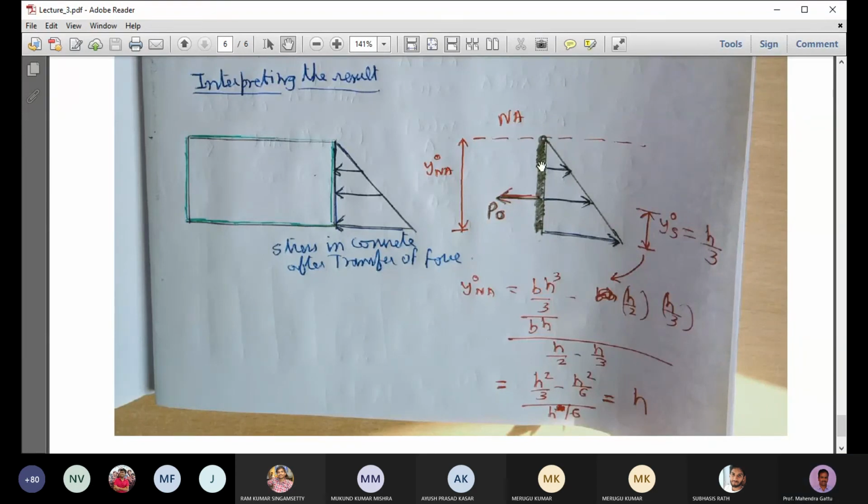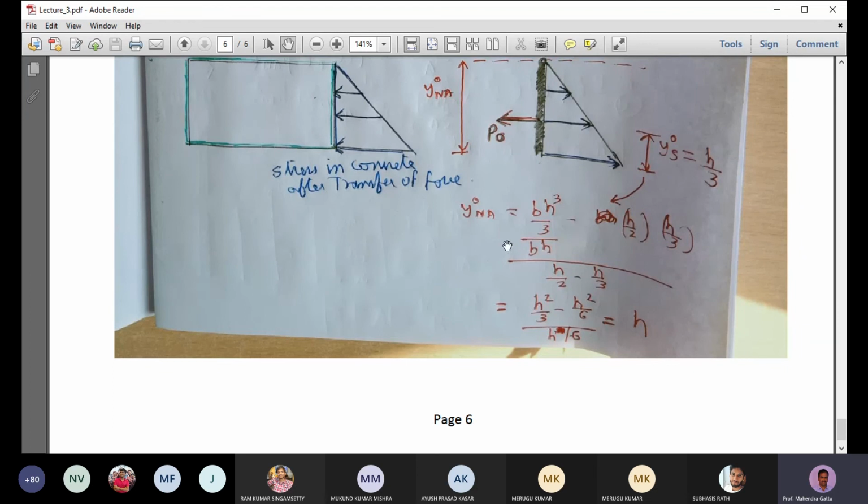Okay. If you move further down, what will happen? Then this fiber might go into tensile mode. If you go further up, what will happen? For this case, the top fiber has gone into zero tension. And if you move up, then it will become a trapezium. And if you move down, then this part will go into tension. So if the tendon is acting below the height h by 3, then the top fiber will go into tension. But if it lies above h by 3, then this part again will be in compression with a little higher force. So this is how we can interpret the result.